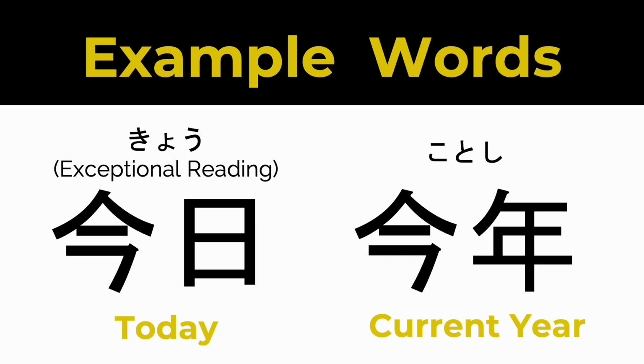Here are a few example words. When you combine ima and nichi, it becomes kyo, which means today. So this is the exceptional pronunciation for ima I was talking about. And when you combine ima and nen, it's read as kotoshi, which translates to current year or this year. Sorry, earlier I said you can concentrate with just nen for this kanji, but we are learning another reading here. Nen can be read as toshi too. Take a moment to listen to the native speaker and then repeat after them. 今日、今年。